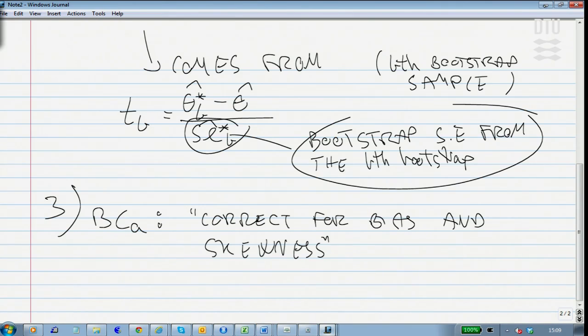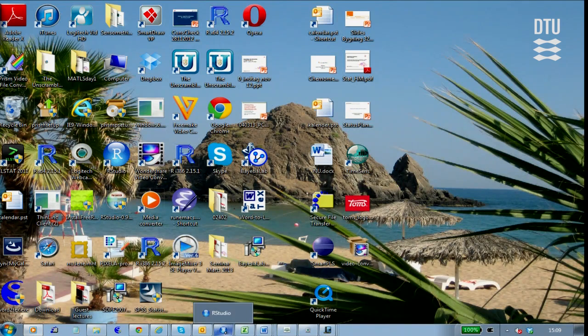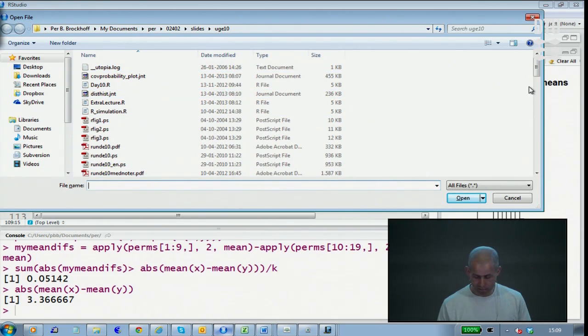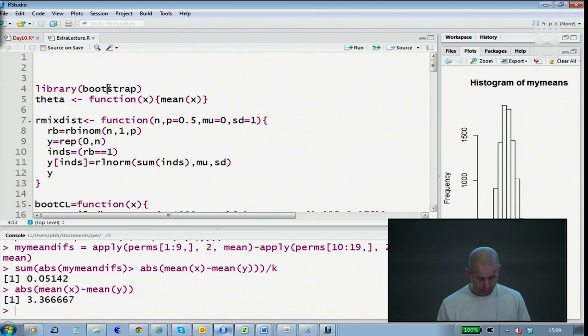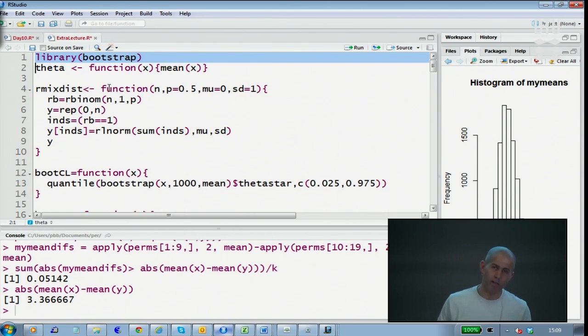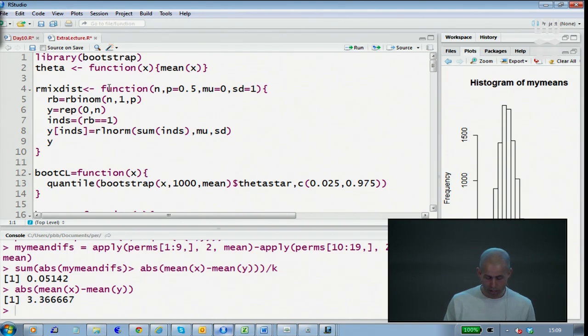Let me just spend a few minutes, not giving you details, but showing you how such methodology can be done in R to actually investigate. And I just want to give you a bit of a sketch, because it's not easy to go lecturing on software code. The thing is, I would use the Bootstrap library. I would tell it, generally speaking, that I'm interested in the mean.